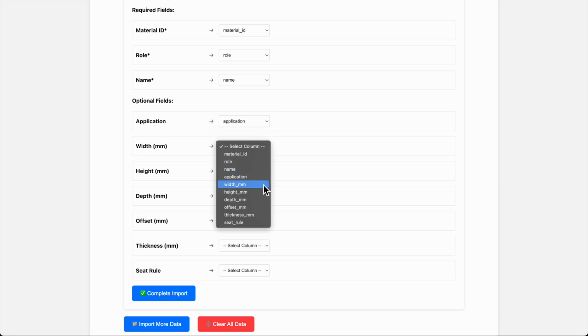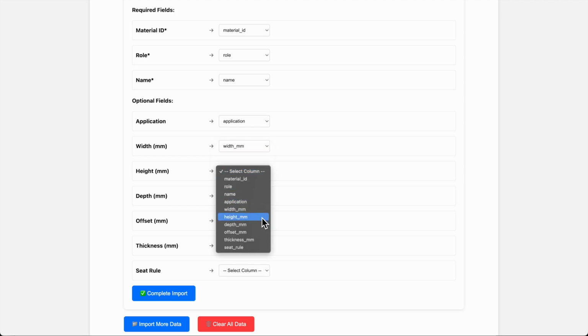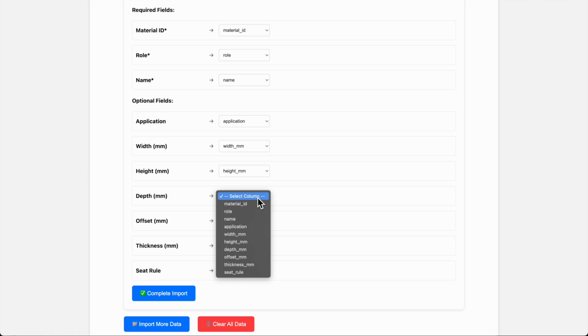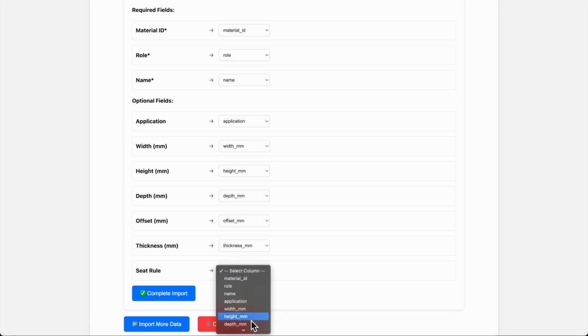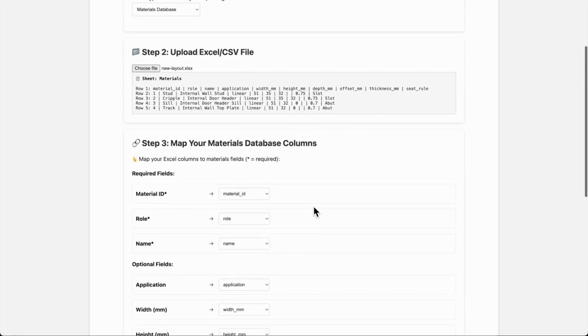Application, width in millimeters, height in millimeters, depth in millimeters, offset in millimeters, thickness in millimeters, and what are our seating rules. Alright, so that